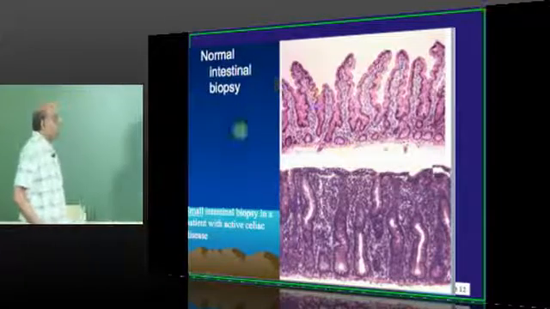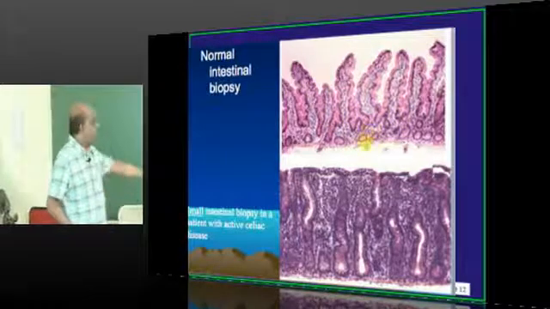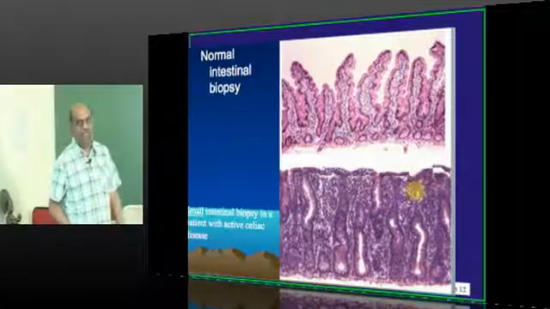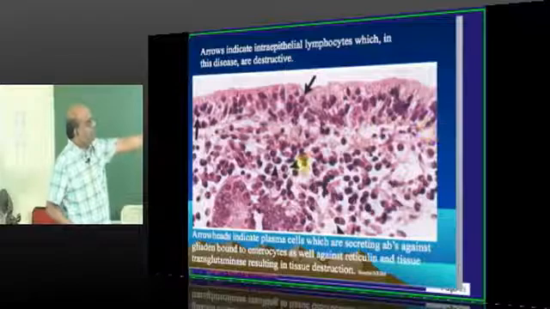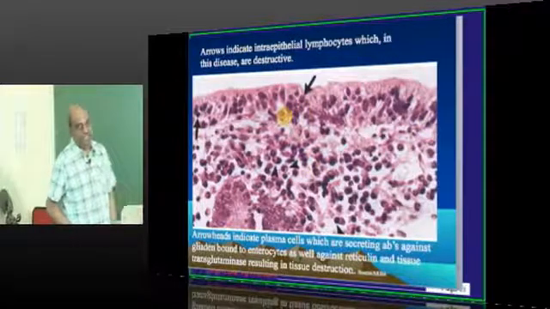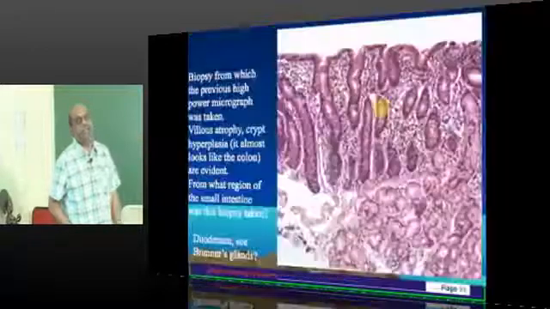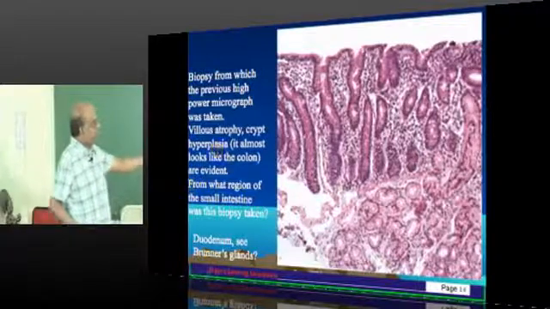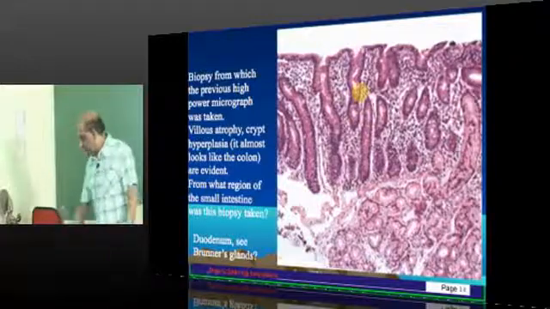Now once more, this is a normal intestinal biopsy, and this is a guy in whom there is a blunting of the villi with the hyperplasia of the crypts. This is what we are saying, intraepithelial lymphocytosis is a very classical feature. You are able to see all those lymphocytes. Intraepithelial lymphocytosis is a classical feature. So villus atrophy, crypt hyperplasia, and the presence of